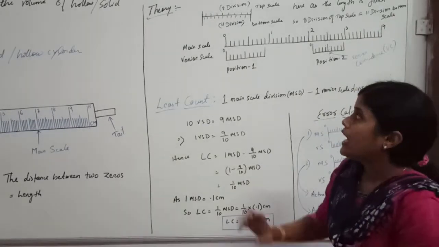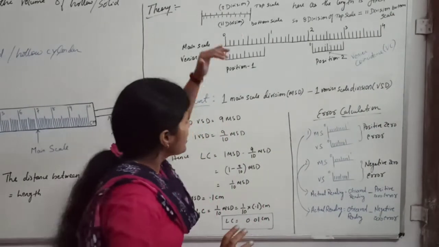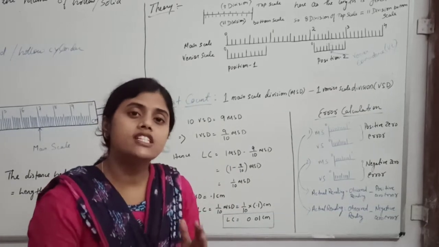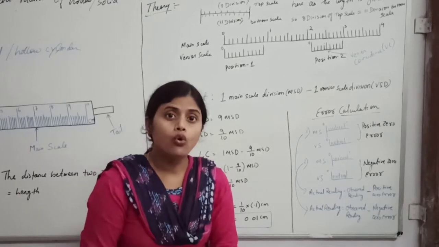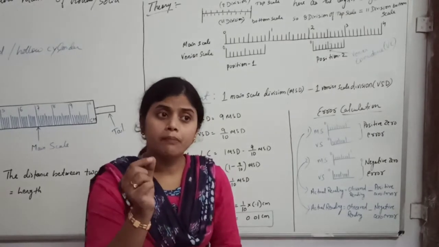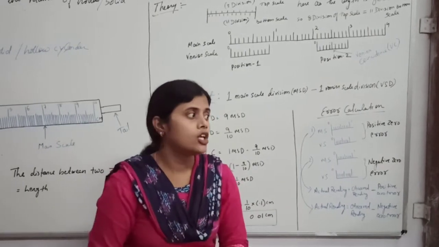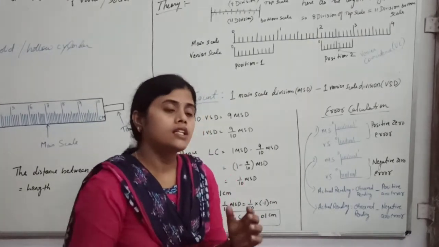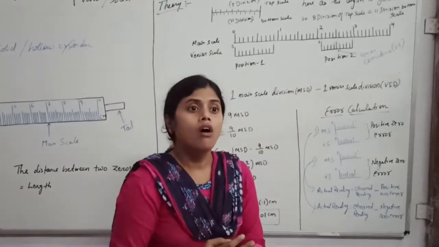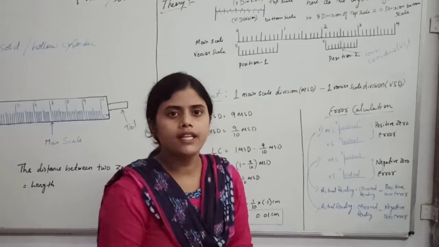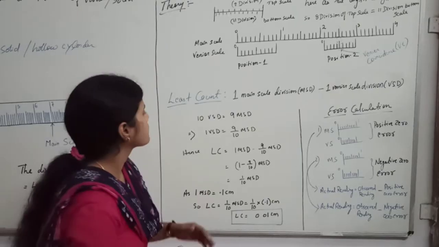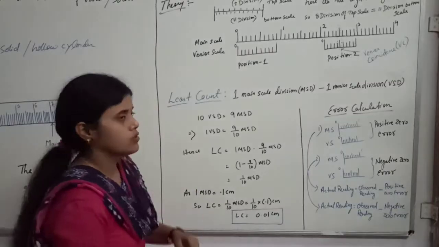But the length is fixed, that's why I have written 8 divisions of top scale is equal to 11 divisions of bottom scale. This is very important because based upon that we will calculate the least count of that instrument, and least count is a very important thing to know for a particular instrument, because if you don't know the minimum measurement the instrument can measure, you will not be able to find the error, because least count has its application in error calculation also. Also the vernier scale reading, I will tell you what is vernier scale reading. Okay, so now we will understand how to find the least count.